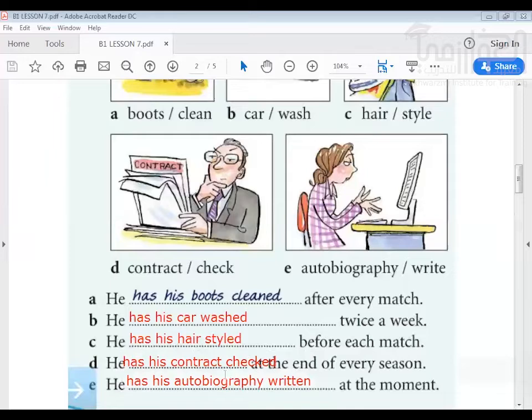So this is the way. So you can see that we use has, and then we use the thing that is being done, and then we have the verb 3. Okay. So after has, we have the noun, and then we have the verb 3. Okay, good. So let's now look at